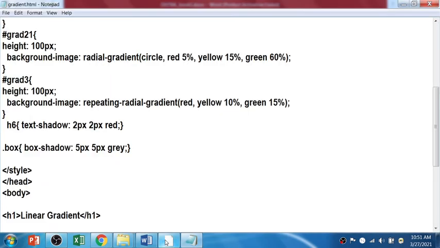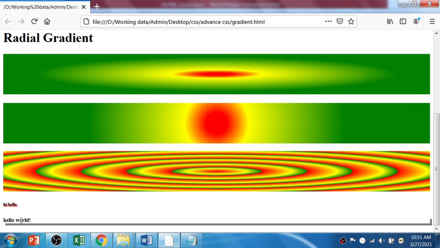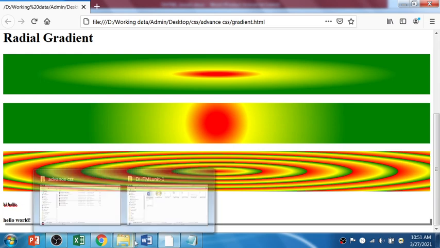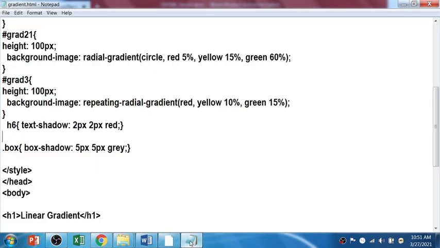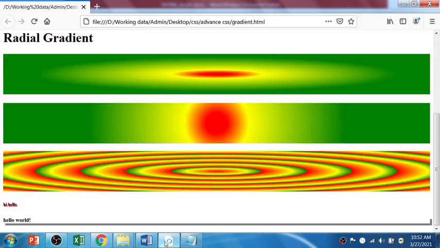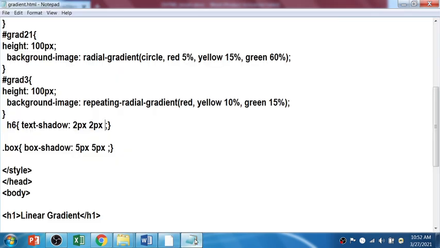So this is how you can apply the box shadow. Yes, this is a box shadow and this is the text shadow, red color, right? If you remove the color, see, right? So normally you will get a black color shadow if you don't mention the color,